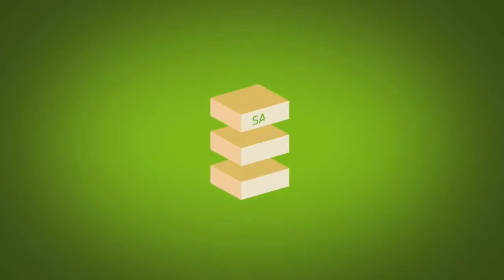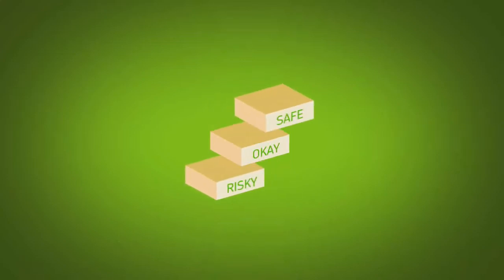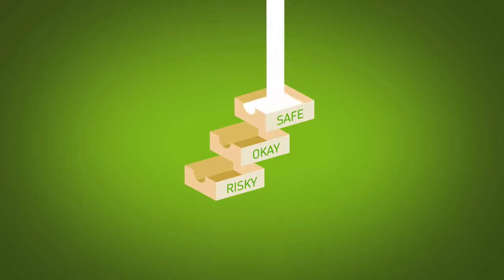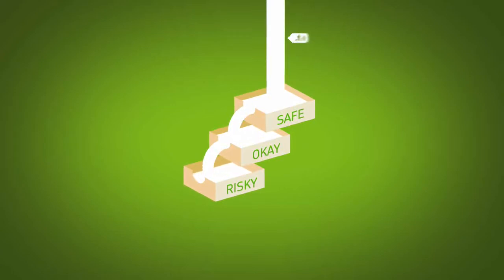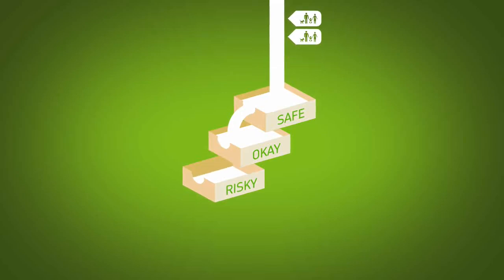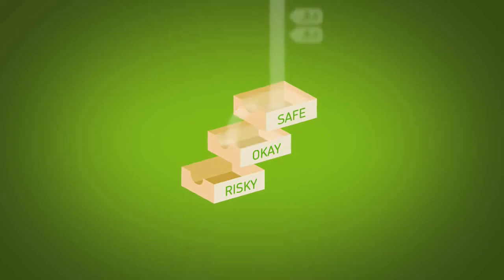A CDO works like 3 cascading trays. As money comes in, the top tray fills first, then spills over into the middle, and whatever is left into the bottom. The money comes from homeowners paying off their mortgages. If some owners don't pay and default on their mortgage, less money comes in and the bottom tray may not get filled. This makes the bottom tray riskier and the top tray safer. To compensate